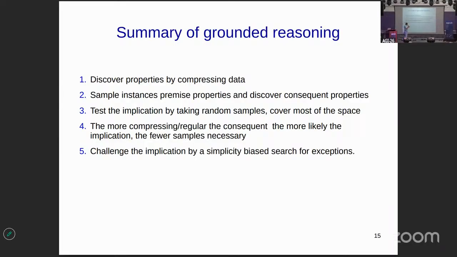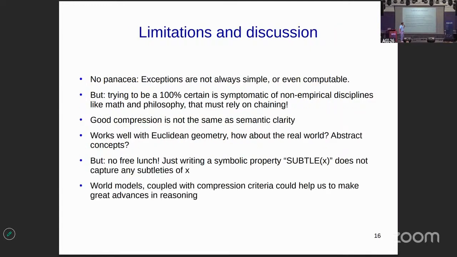It's a big hint that the implication might actually be true. And in the end, challenge your implication by a simplicity-biased search for exceptions. Of course, you can never be sure that you have 100% certainty that the implication is true. It's not a panacea.